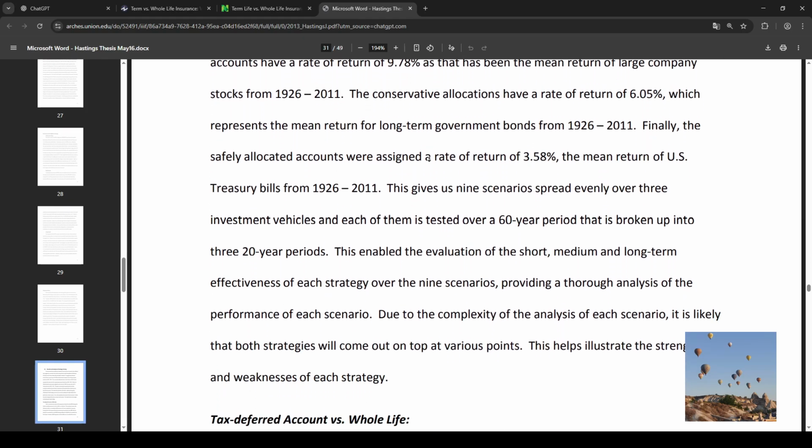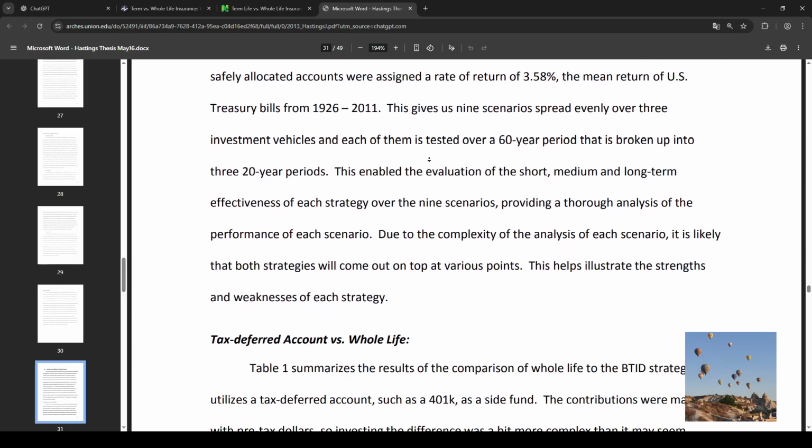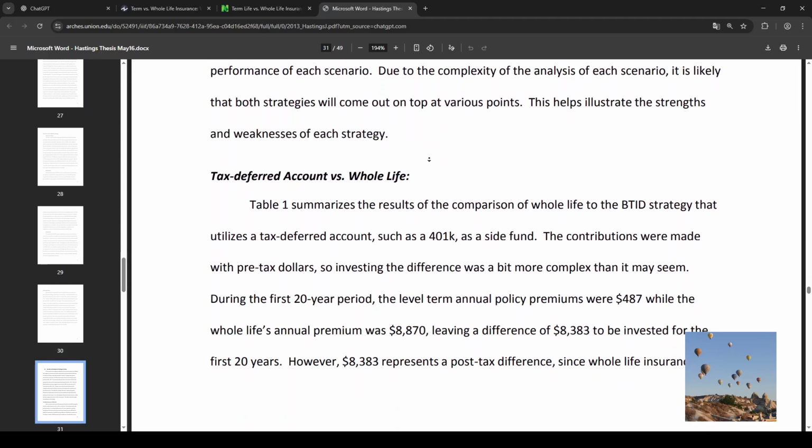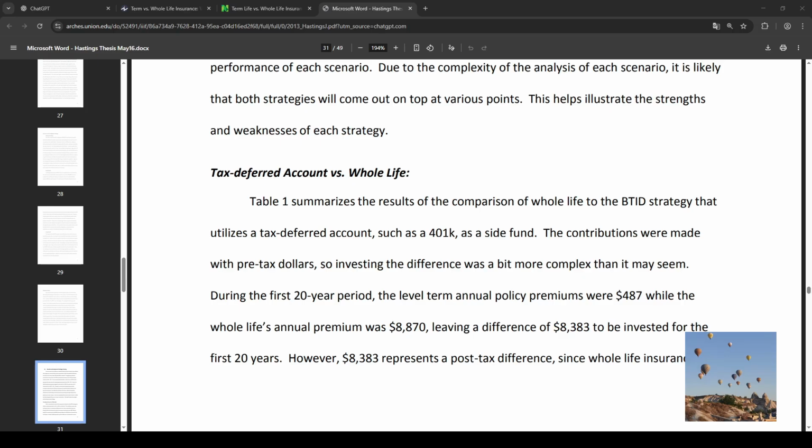Term wins when you are comfortable investing, and you will actually invest the savings. Consistency is the key. A small monthly difference invested for 30 years can become a substantial asset. Term wins when you want flexibility. You can change coverage later. You can stop paying without